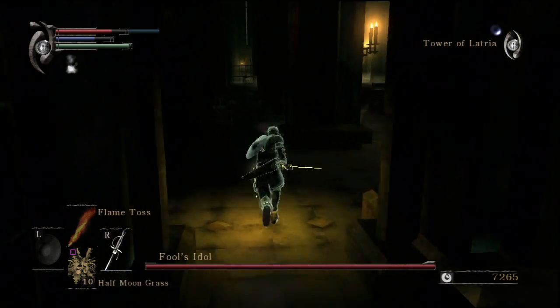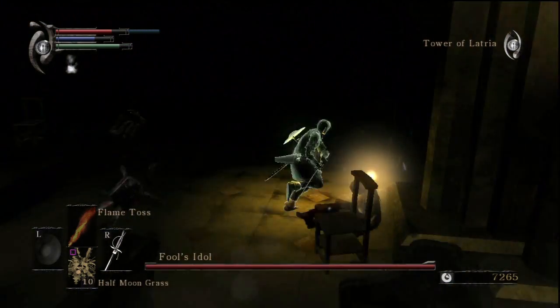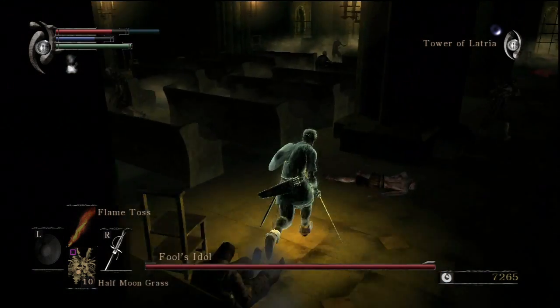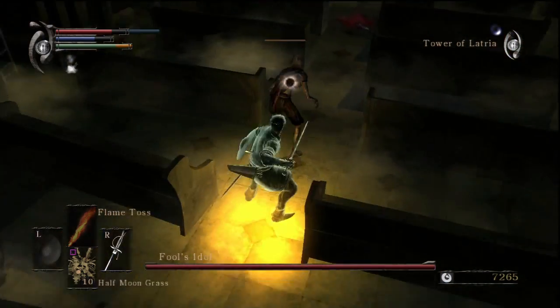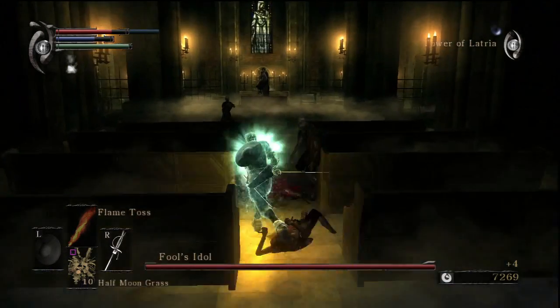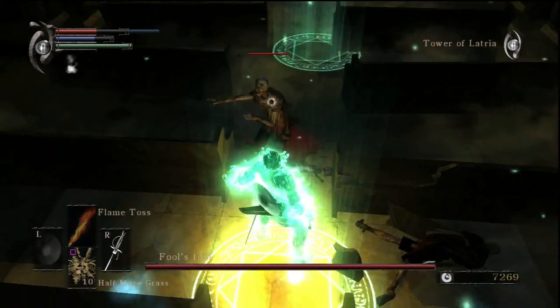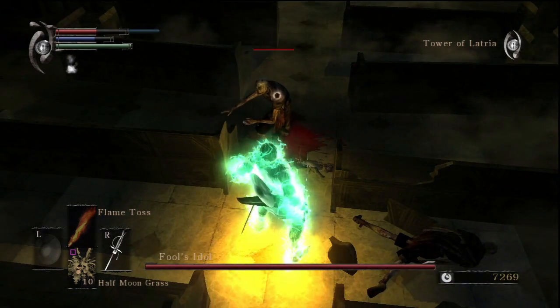Basically, at this point, the Fool's Idol is not hostile. So we're just gonna walk up. Ignore these guys, they are pretty much entirely harmless. You can kill them, but you might not actually want to. Oh, they're not harmless. Oh yeah, and these traps are laid around, which was...